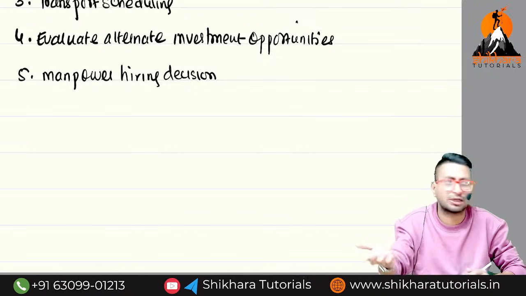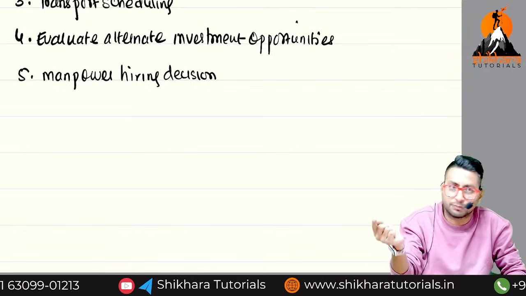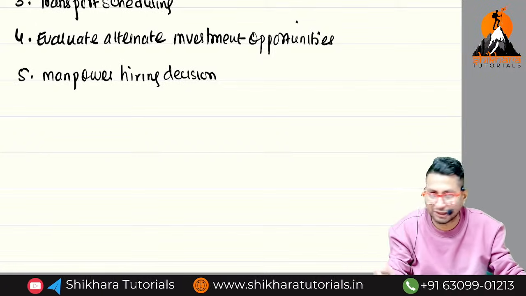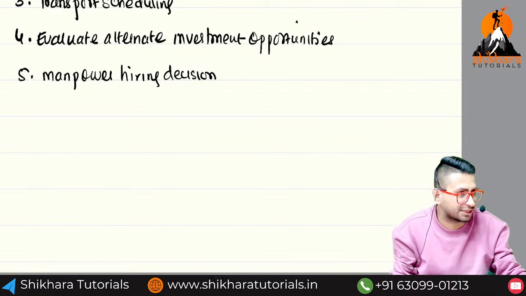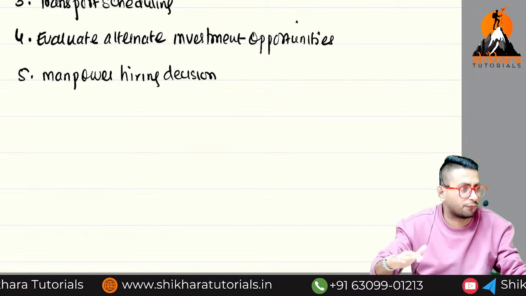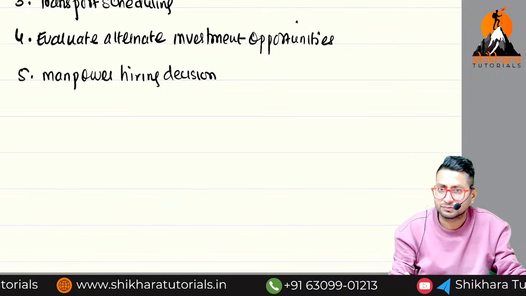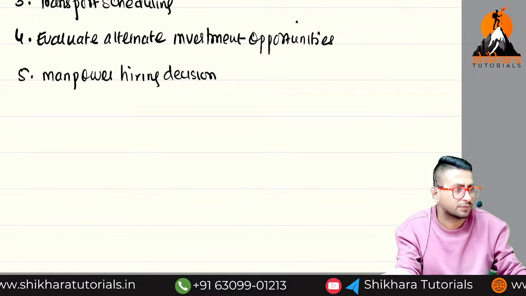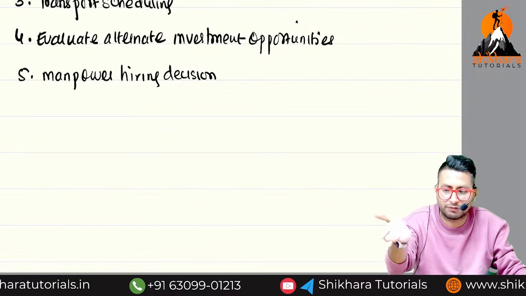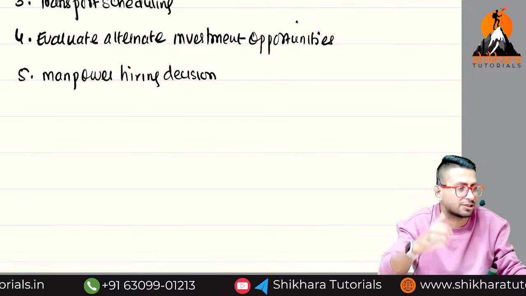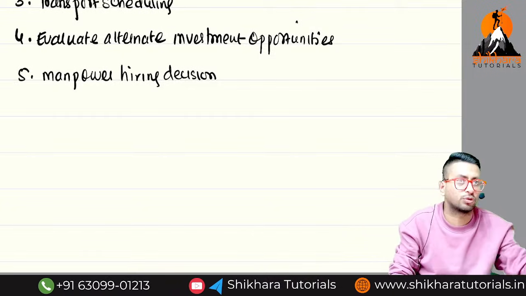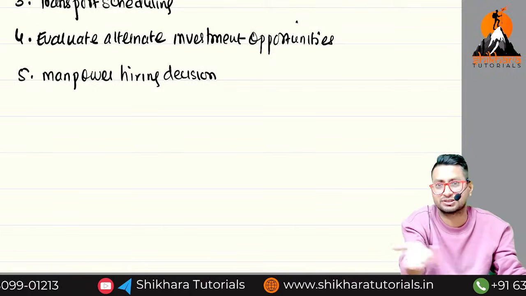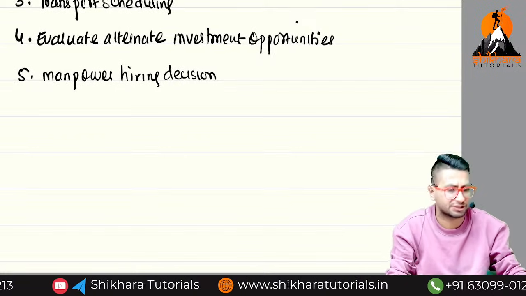Ola has removed more than 1,000 employees. Why? Because it's a loss-making company and it wanted to go for an IPO. So it removed 1,000 employees to save cost, because of which cost has been saved and losses have reduced. Many companies do like that. Tata has done, Ola has done, Paytm has done. More than 3,500 employees between 2023-24, Paytm has also removed. Why? Same reason. It wanted to go for an IPO, and by increasing profits or reducing losses, they could get a better premium on their shares.